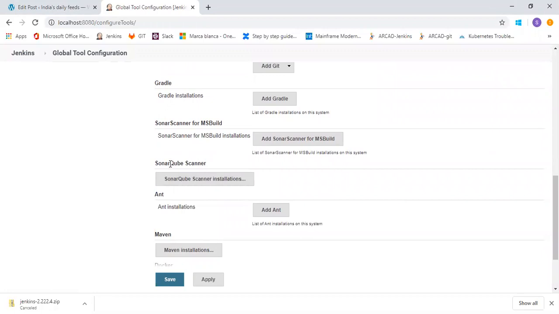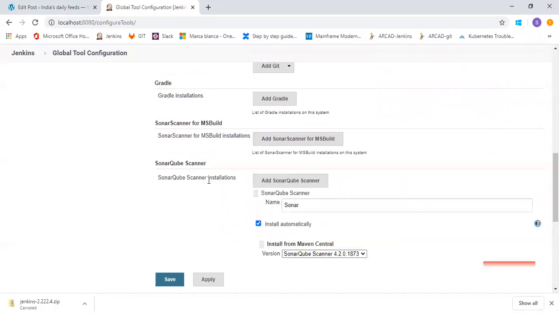You can see SonarQube Scanner installation. In the previous Configure System section, we configured the SonarQube server details. Here we have to give the tool details. For this, you need to install SonarQube in your system, or if you don't want to install, you can install automatically.